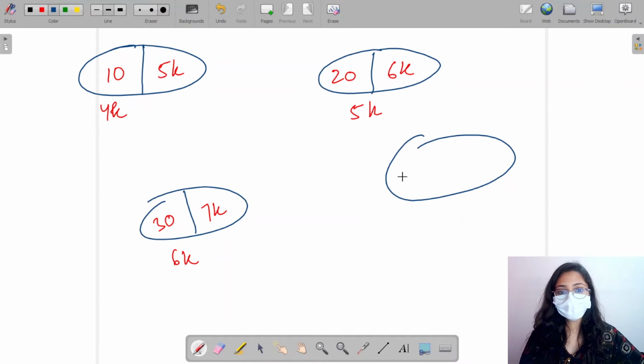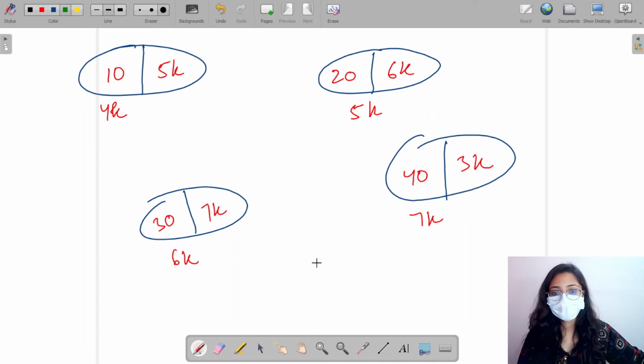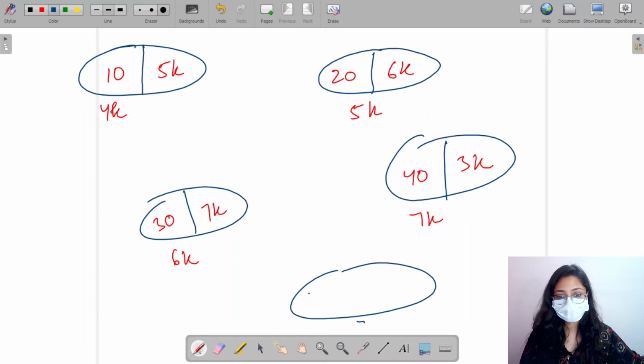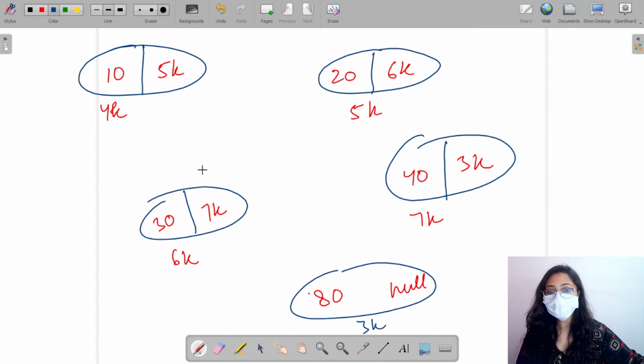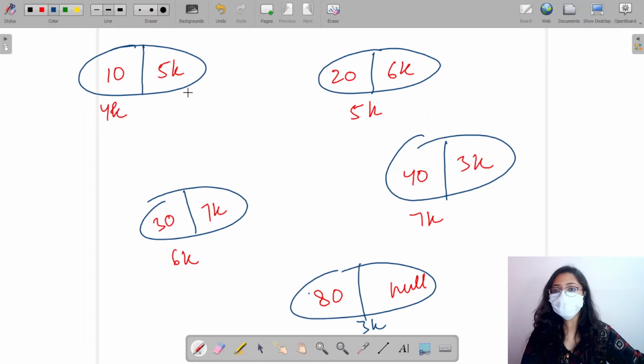Then I have 7K over here. The data is 40 and it is storing 3K. Then I have 3K over here. So this is 3K and it is storing 80 and null, suppose. When it is null, obviously there is no other element it is pointing to.